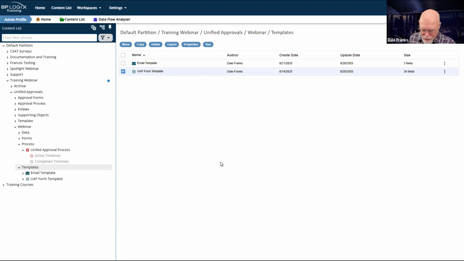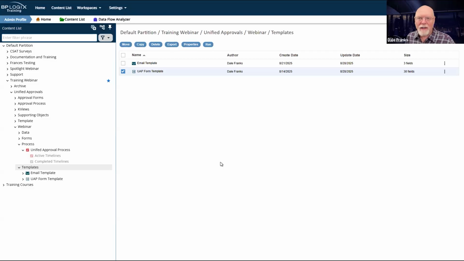As I said just now, this is where the magic happens in unified approvals, because now I can begin developing unique forms for my processes without having to redo all of the configuration for the basic fields that I need, although we are going to do some of that.